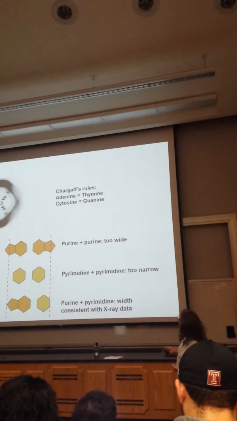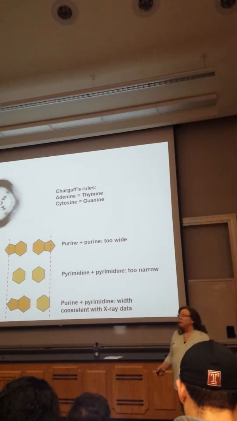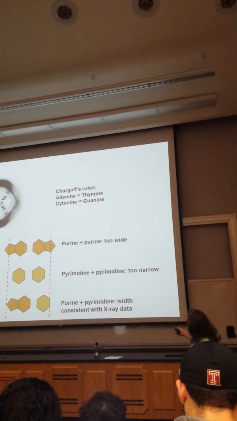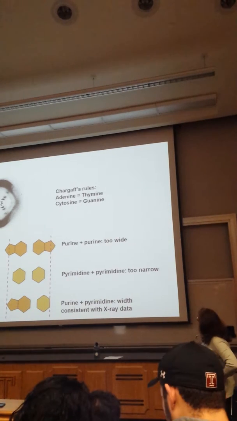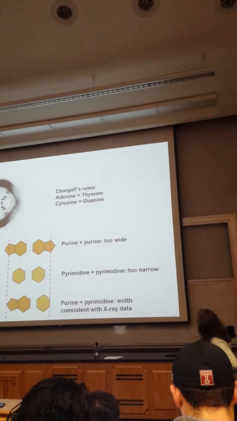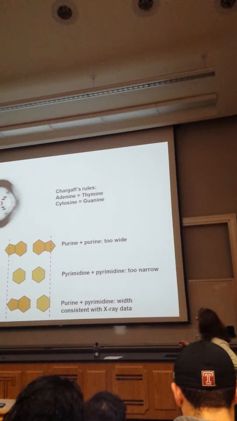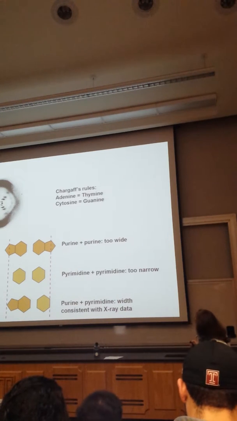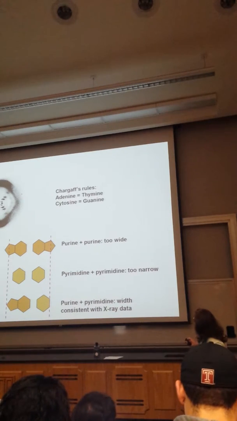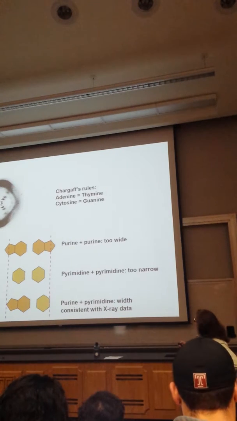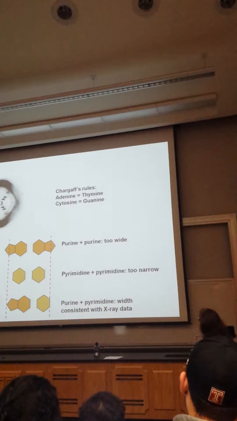And prior to establishing this, it was known, again, that the amount of adenine equaled the amount of thymine, and the amount of cytosine equaled the amount of guanine. But what they didn't know was whether you had purine to purine binding together to make a double helix. This wasn't understood. So it actually could have been guanine and adenine together, or pyrimidine to pyrimidine, that would be thymine to cytosine. And so when Jim Watson saw this and started doing the measurements, he knew that purine